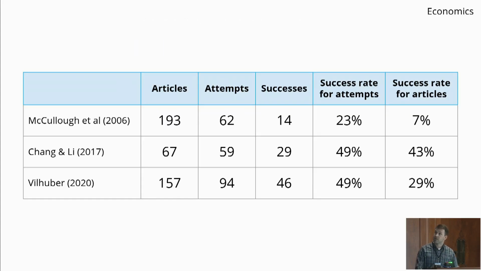For example, here are 3 studies in economics that identified a sample of articles that are counted based on how many had available data and code so that they could attempt to reproduce those outcomes. So then they counted from those attempts how many were successful at reproductions of the original findings. And so you can look at this two ways. The reproduction success rates were low either way, though, whether you looked at the reproducibility rate for those that were attempted, so that success rate for attempts, or for all the articles, counting the lack of access as a failure as well, so the success rate for articles. So sharing data and code does not itself guarantee the reproducibility of findings.